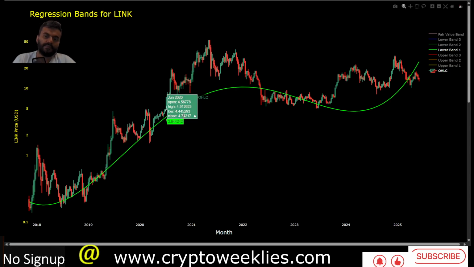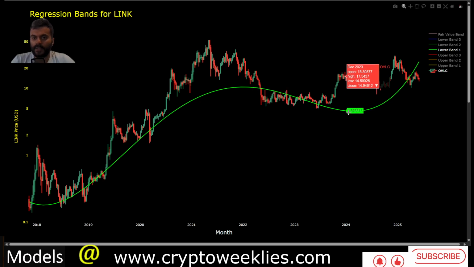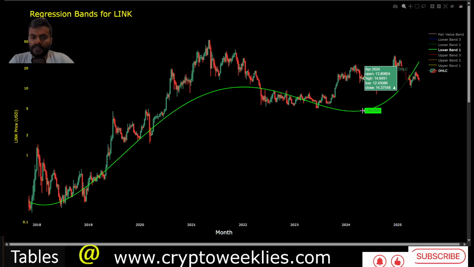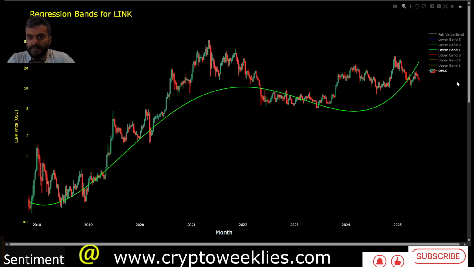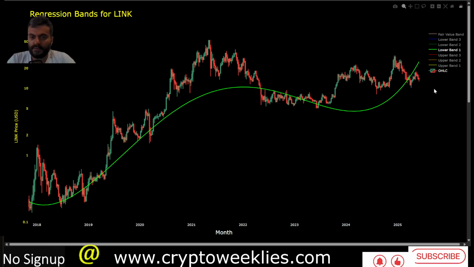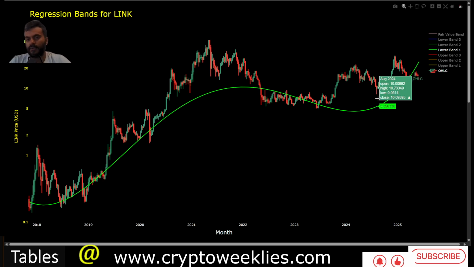So in the bull market, the prices go up with time. In the bear market, prices go down with time, as noted by the shape of the green line or the pink line over here. Right now, we are in an upswing per the model since about early April of 2024. Although the prices for LINK have been declining since December, at a macro level, LINK is putting higher lows and higher highs. So you can see that even the lows are higher than the previous 6 months lows. Even that has been the case in the March to April drop in 2025. The lows were much higher than August 2024 lows.